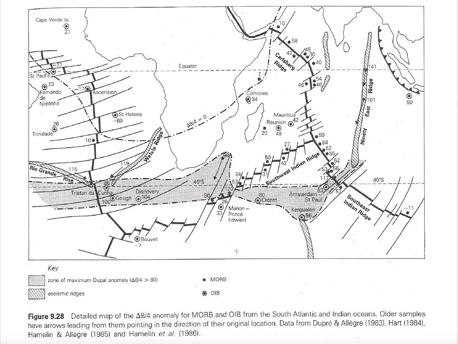So, and here we have then the distribution. Here we have the zone of maximum Dupal anomaly, that is the geochemical anomaly from before, and here we have the aseismic ridges. Here the Walvis Bay is an aseismic ridge, the Rio Grande is an aseismic ridge, and then we have here the Naineti East Ridge, which is also an aseismic ridge. And here in this shaded zone we have the Dupal anomaly. There we have our